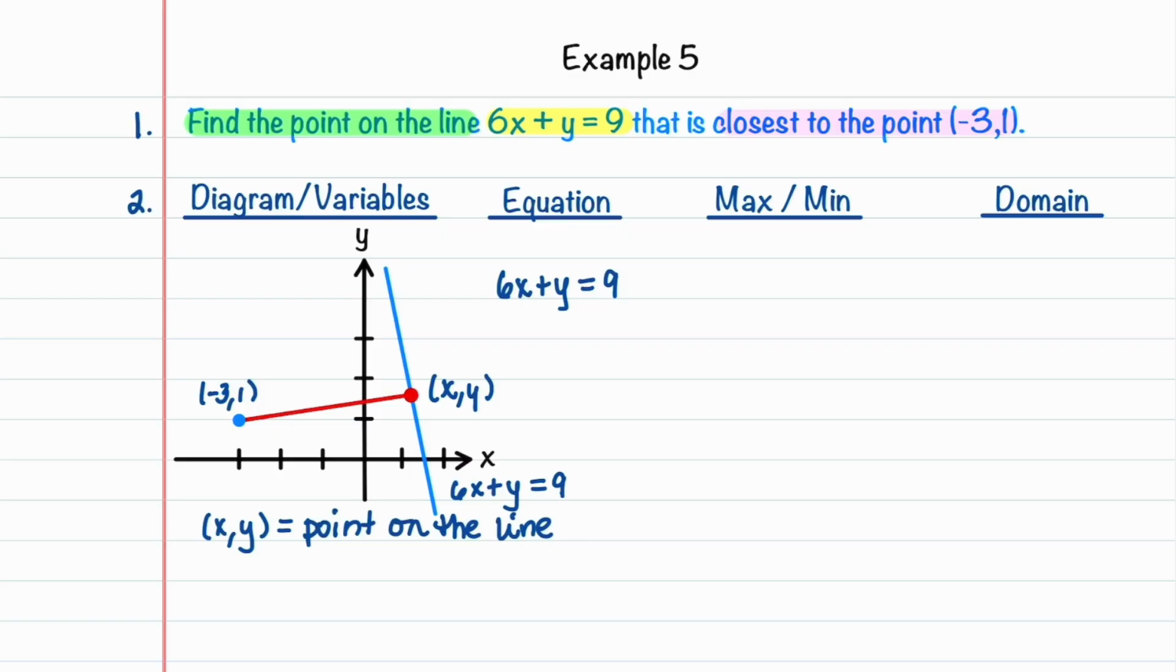Let's now go to our next category and find out if we want to find a maximum or a minimum. We want to find the point on the line that is closest to the point minus 3, 1. So that means we have a distance, and I'm going to label this little d right here, between these 2 points, and that's what we actually want to minimize. So let's highlight min, and let's write down that we want to minimize